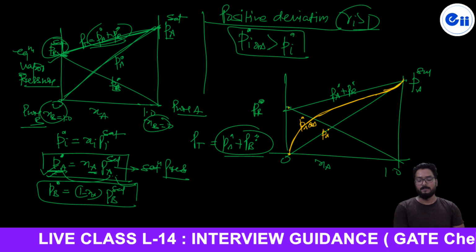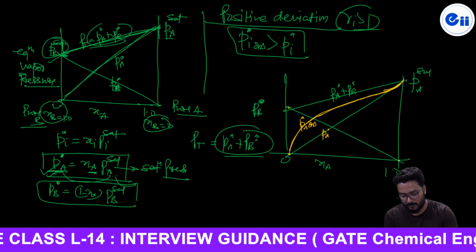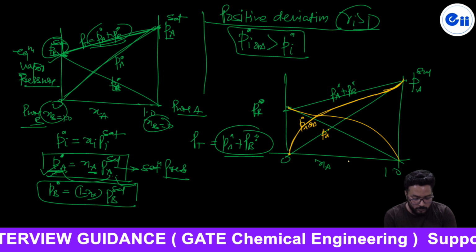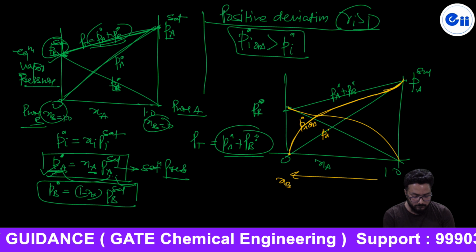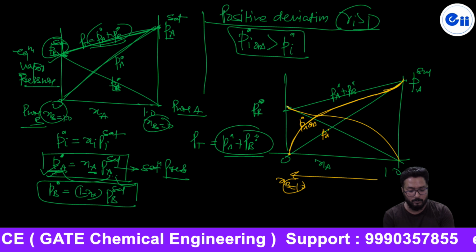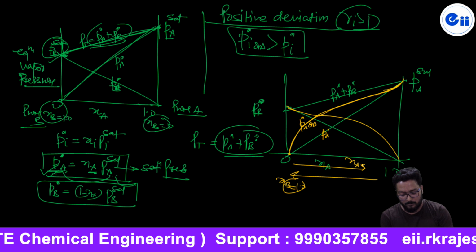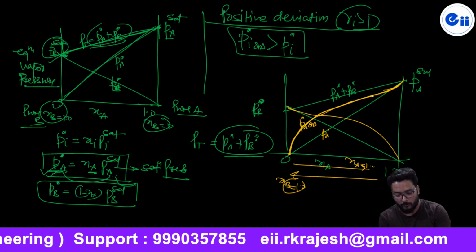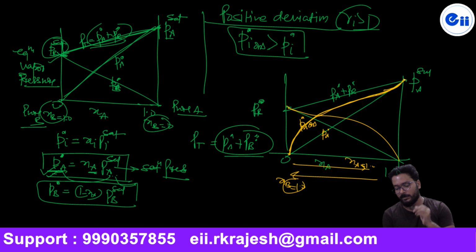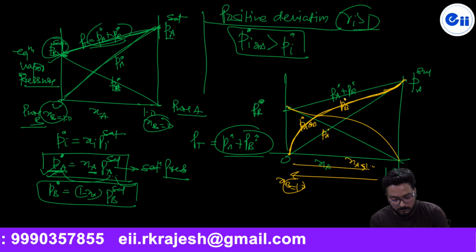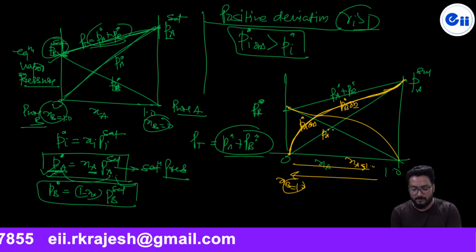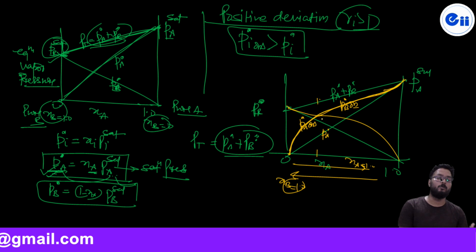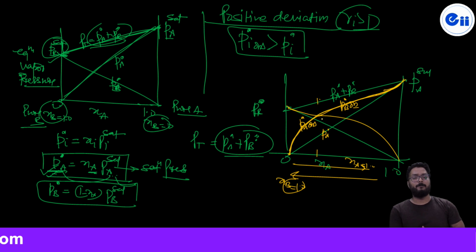Are you getting? Similarly here also, because when it is close to 1, here XB equal to 1, it is pure, then obviously it should be equal to here. And here x is going to be 1 at this condition, that it is going to follow Raoult's law, approaching asymptotically towards this line. Are you getting? So it is your PB observed, and PA observed and PB observed are found to be more than the ideal at any given point. At any given point, you can see PA observed and PB observed are more than the PA that we have calculated from the ideal Raoult's law.